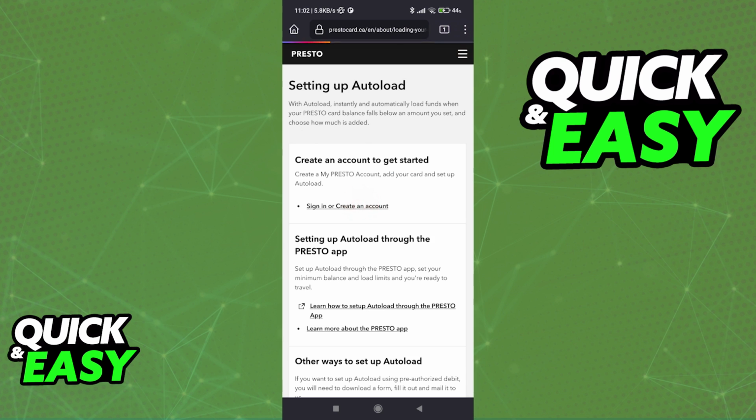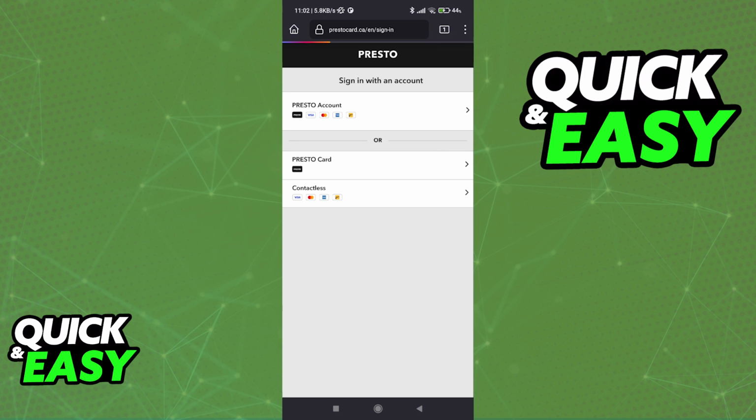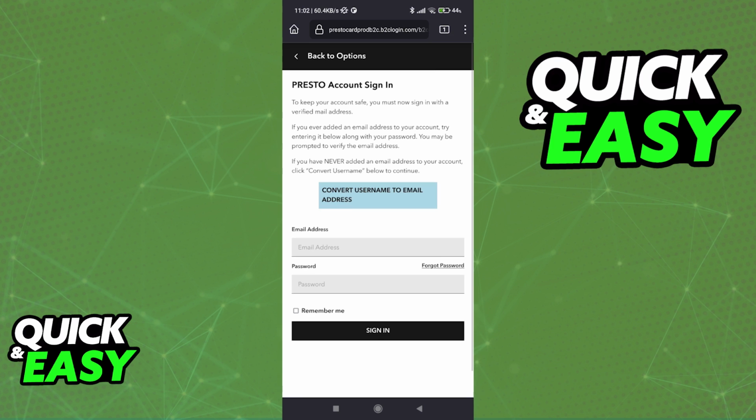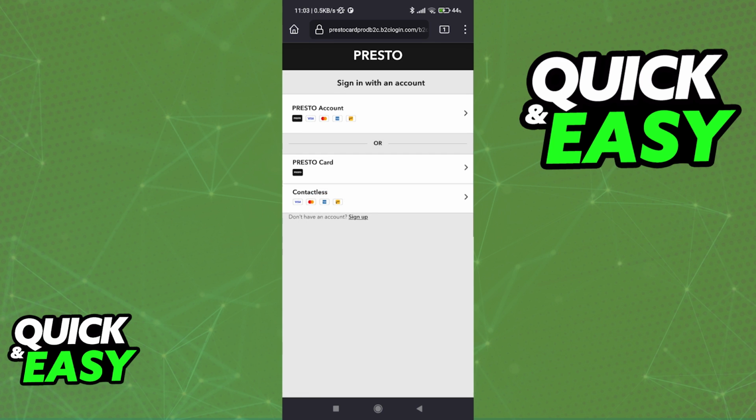So tap the sign in or create account option and choose between signing into your Presto account directly or using your card. Once you are done inputting your credentials, you will be able to choose the amount and recharge your card. Unfortunately, I cannot demonstrate this process fully because I don't have a Presto card at hand, but as long as you do this process through this page, you will be able to sign in and recharge your Presto card